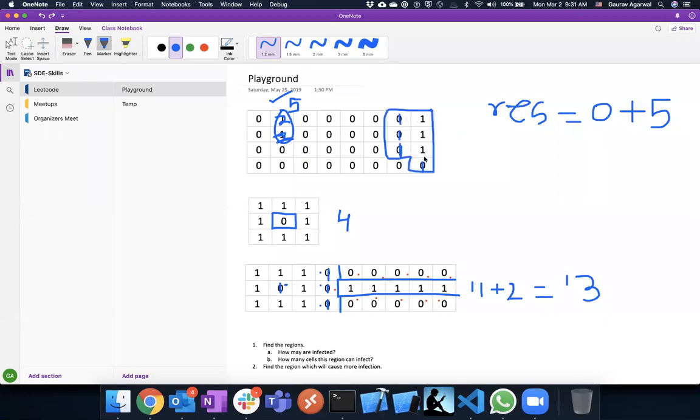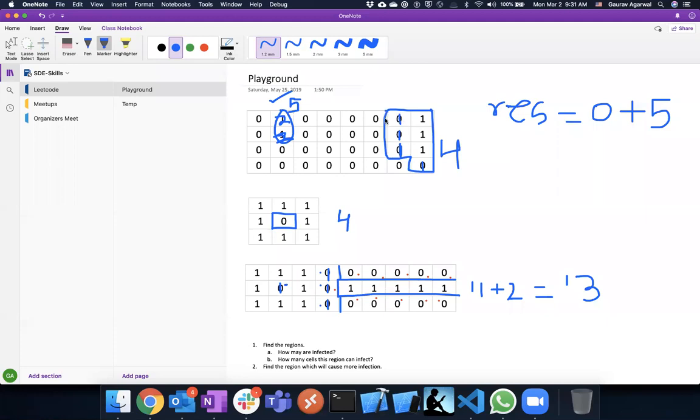You find all of these nodes, and the number of infections it can cause is 1, 2, 3, 4. It can affect 4. There's only one region left. How many walls we have to create depends upon the number of neighbors that it can infect.